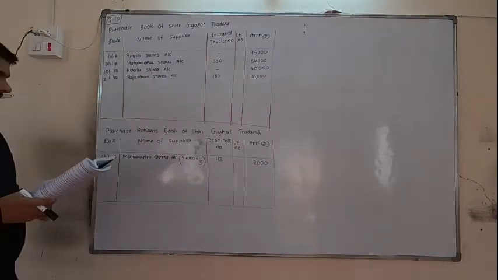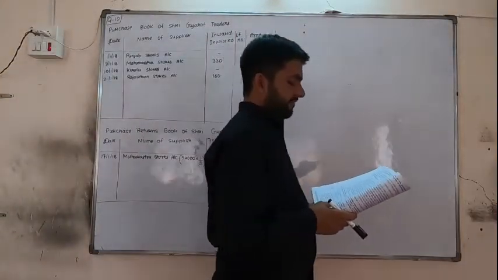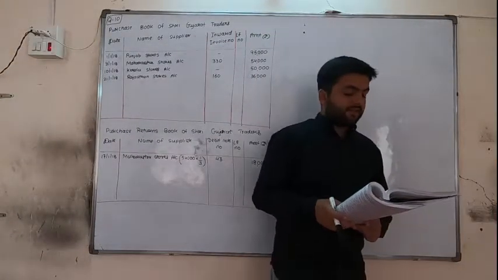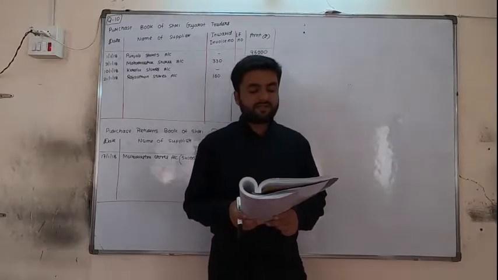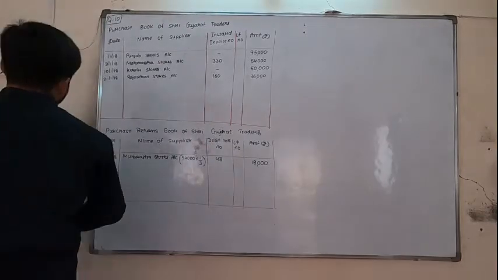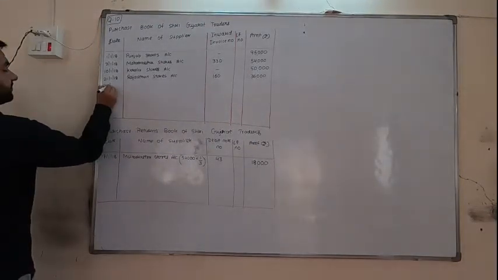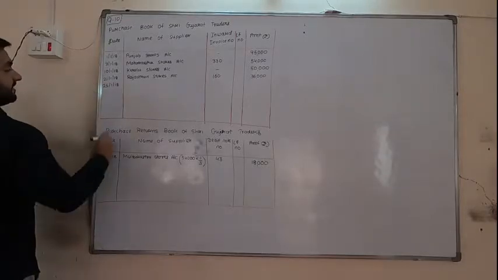Next, on 25th, goods purchased of 50,000 on credit from Uttar Pradesh stores. Credit period is 2 months and trade discount is 10%. Bill number 380. Again, we are purchasing the goods and we have not paid the amount, so it will also be a credit transaction. So on 25th January 2018,